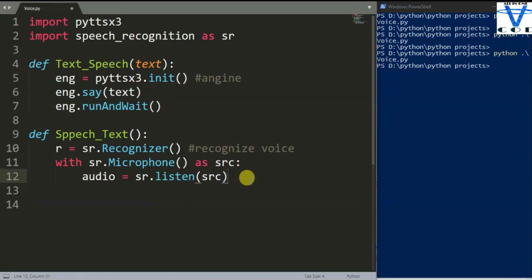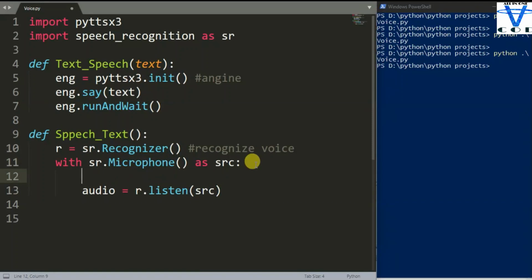Now we need to recognize the voice, and for that we use the recognizer's listen function, r dot listen. How does the user know they need to start speaking now? For that we are going to print something.